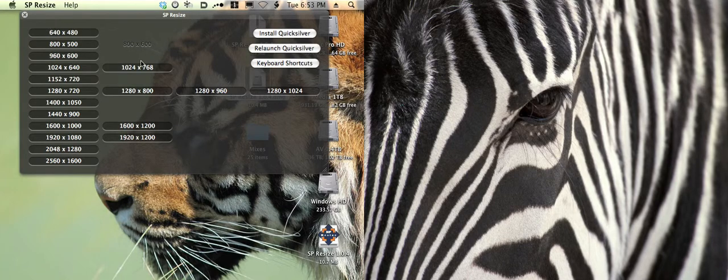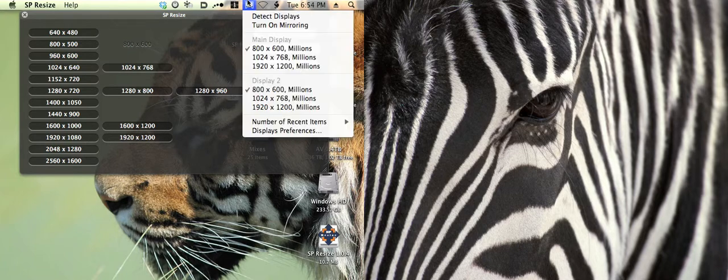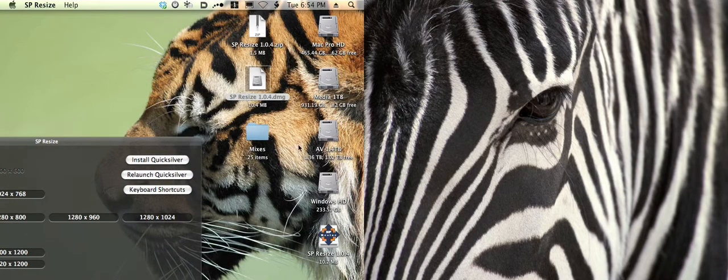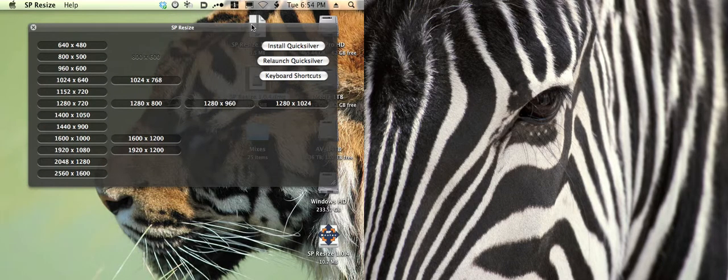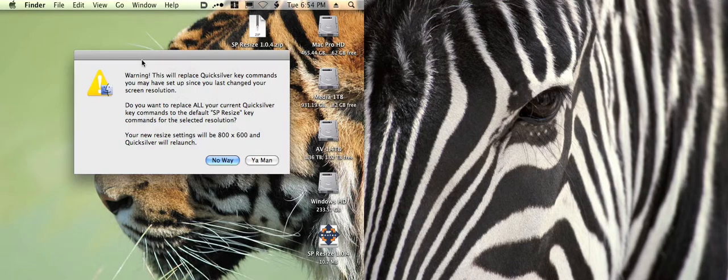And from here you can see that we've got several different resolutions that we currently support. Right now our monitor resolution is 800 by 600, and you can see that we are shooting on 2 displays. So we've got our main display on the left here and our secondary display on the right with the zebra. So I'm going to go ahead and choose 800 by 600, and we get a dialog that pops up that